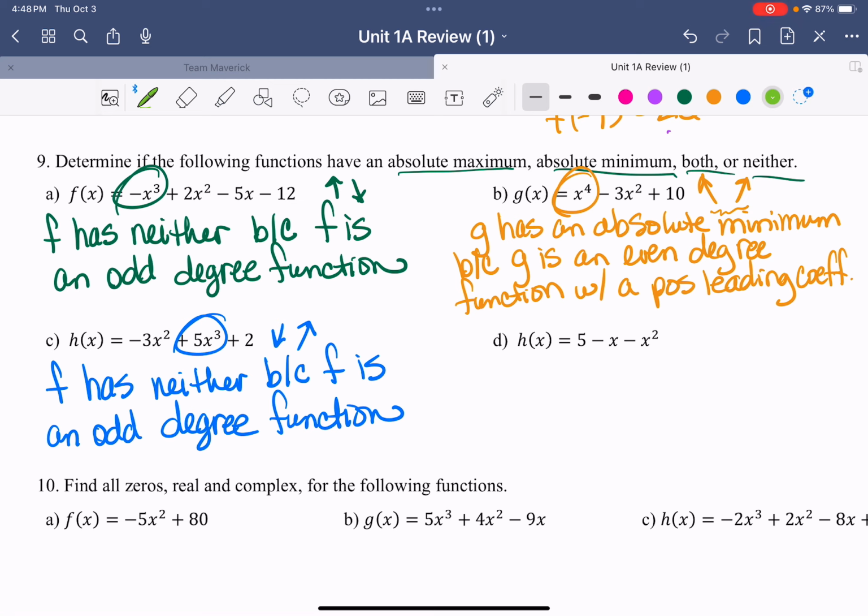All right, h. Here is my leading term. Leading coefficient is negative, so right-hand side points down. The degree is even, so the left-hand side is the same. So that means I'm going to have an absolute max. So I say h has an absolute